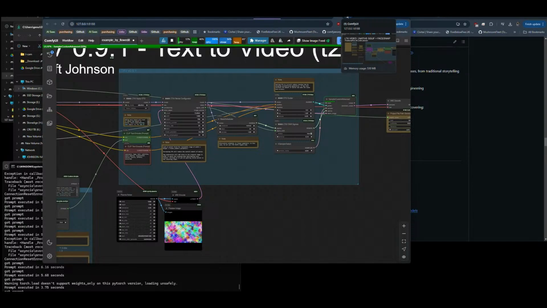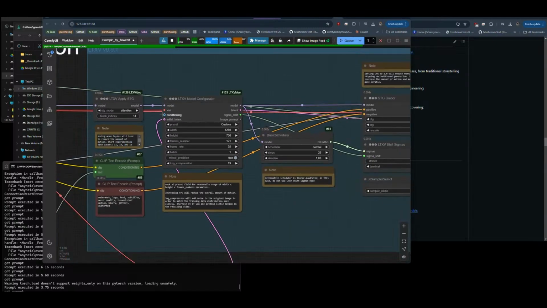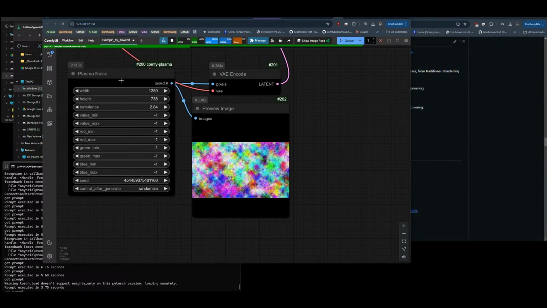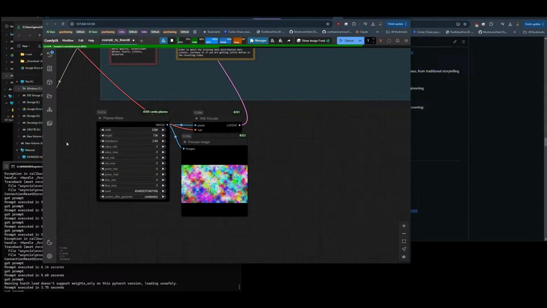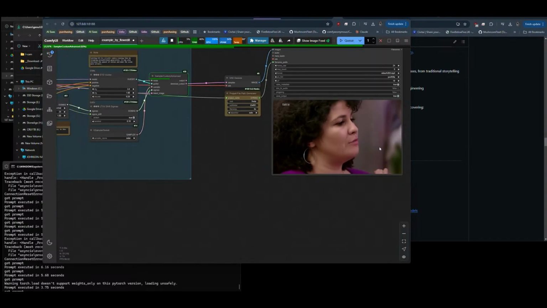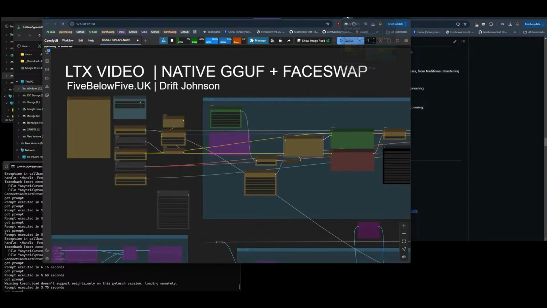LTXV plasma noise, yes, that's what I'm trying to do. It's the initial latent, so I'm injecting plasma noise as the initial latent. You can get this from Comfy Plasma. It does interesting things with some models. This video was generated with plasma noise,